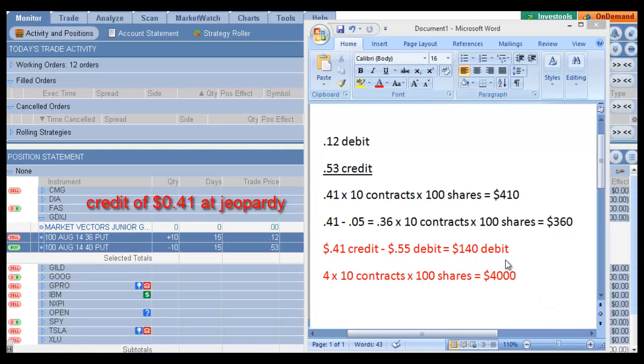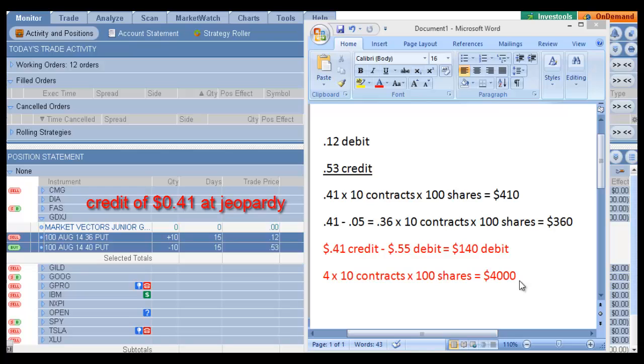Now, what you put up for collateral was the $4,000. That should never be at jeopardy. You should always be monitoring your trades. The only thing that should be at jeopardy is the 41 cent credit that you receive for placing this particular trade. And if you take 41 cents times 10 contracts times 100 shares, that'll be $410. This should be the only thing at jeopardy. You should not let your trade get to the point where the collateral that you put up to place the trade is at jeopardy. So right now we're going to go to a platform and look at this particular ticker symbol,